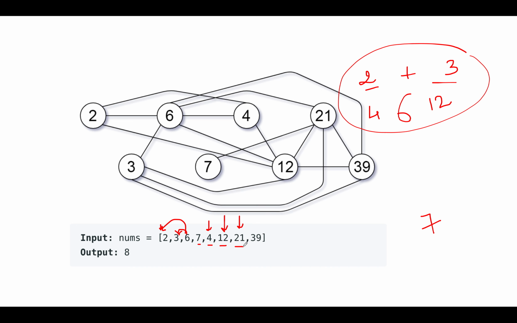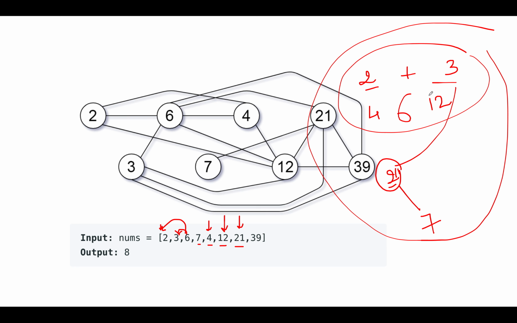21 seems to be an interesting case. The new element 21 will act as a bridge between these two islands. How? Let's check that up. The GCD of 7 and 21 is 7, which is greater than 1. As a result of which, these two are connected with each other. The GCD of 21 and 3 is 3. As a result of which, these two are also connected with each other. By virtue of this new element 21, the complete two different islands get connected with each other. Now we have a single island 2, 3, 4, 6, 12, 7 and 21 in it.